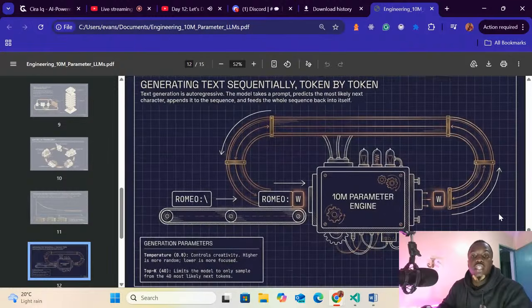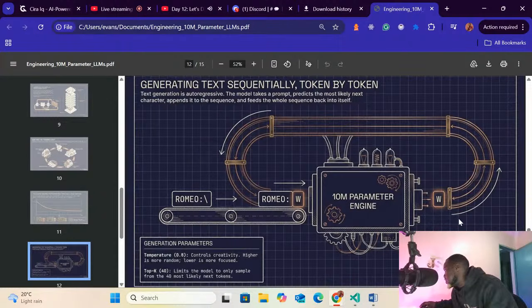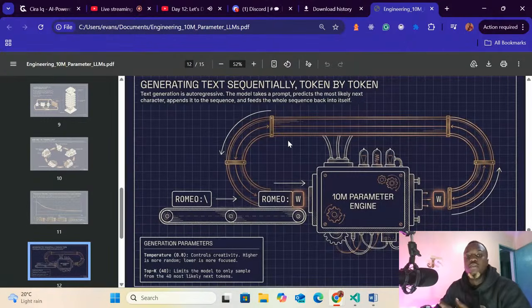Then you can keep training the model. You can run it as many times as you want. Yeah, 10 million parameters. It's a very small number of parameters, for building the architecture first of all.